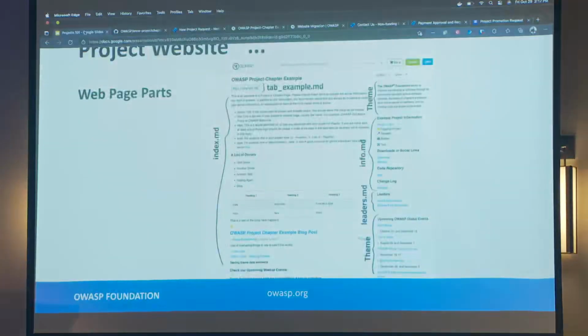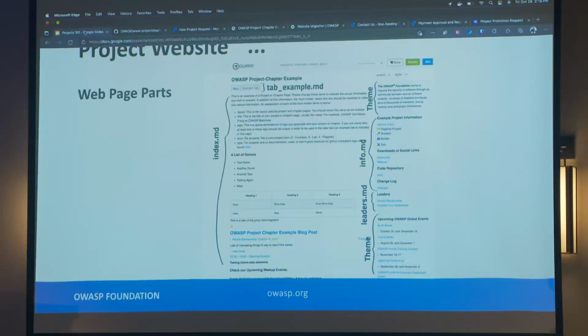And I want to briefly go over this page just to show you before we go into any more of those particular markdown files, but this is just a screenshot of the previous page, and as you can see, the index.md file is that piece that's over on the left-hand side. The tabs are up top. The main is just there because it's part of the main page. You don't have any control over that, but the example tab is part of the tab example.md, and that has to be named a particular way. All your tabs have to be tab underscore, and then whatever the name of the title is for that tab.